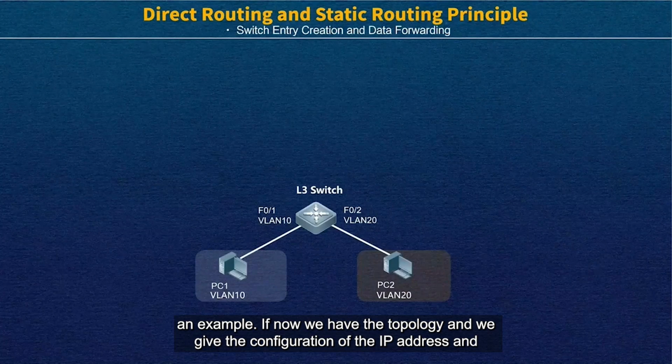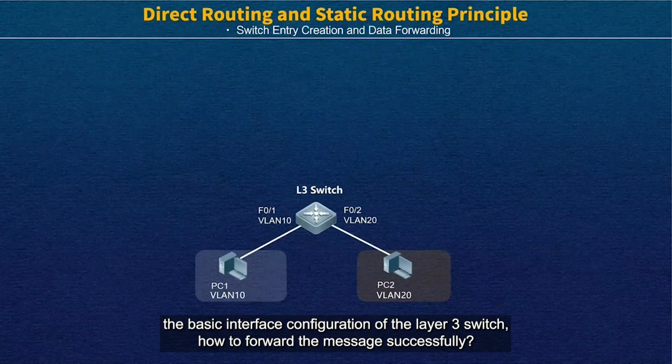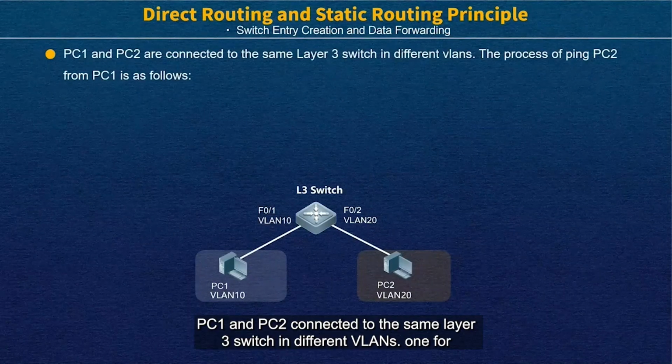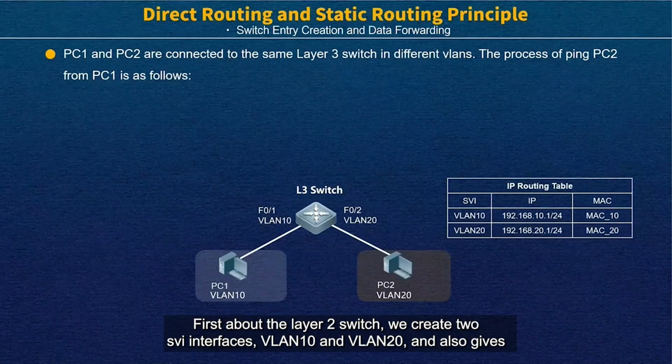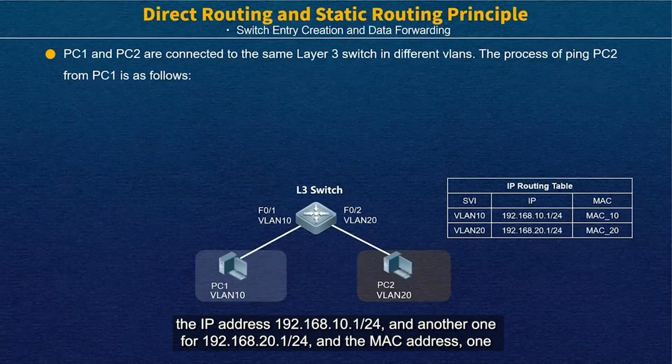If now we have the topology, and we give the configuration of the IP addresses and the basic interface configuration of the layer 3 switch, how do we forward the message successfully? PC1 and PC2 connect to the same layer 3 switch in different VLANs, one in VLAN 10 and the other in VLAN 20. The process of pinging PC2 from PC1 is as follows. First, on the layer 3 switch, we create 2 SVI interfaces, VLAN 10 and VLAN 20, and give the IP addresses